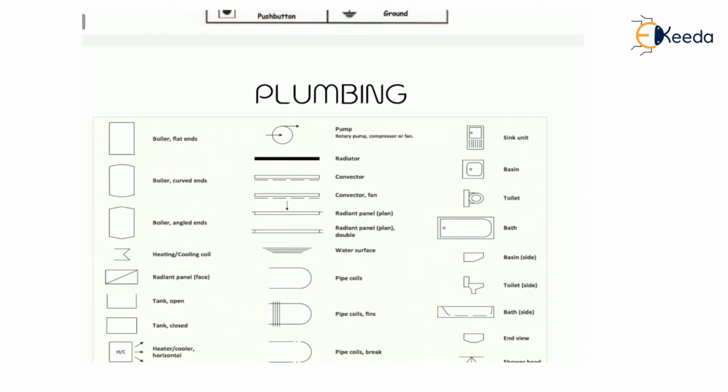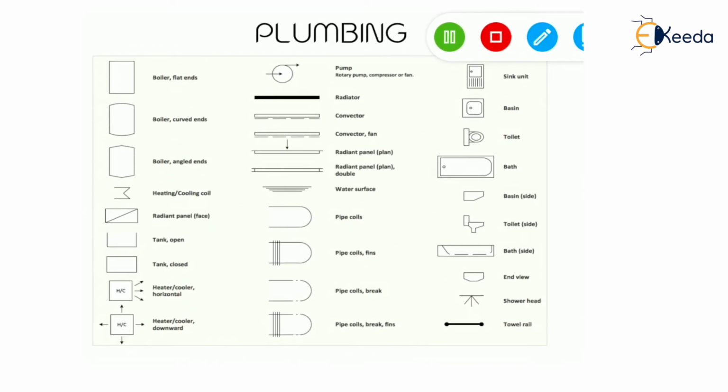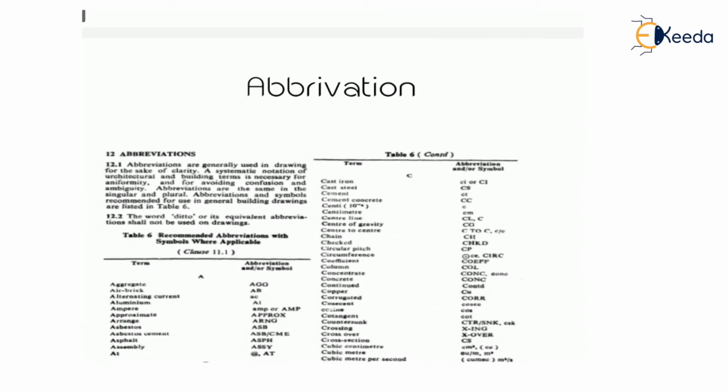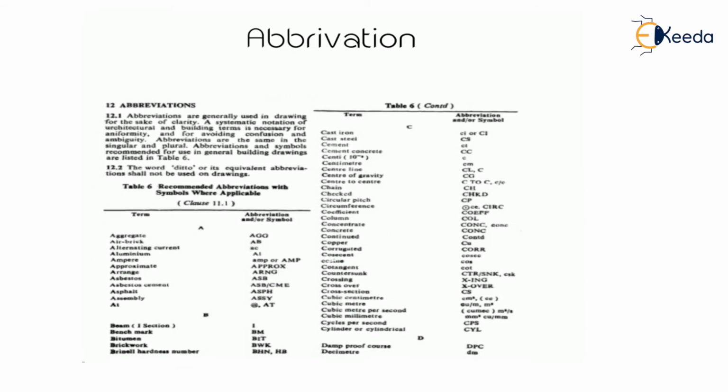Then likewise the plumbing material also. In plumbing material, if I want to put a basin at some position, I draw that symbol over there, then the engineer can place a basin at that position. Likewise, all the plumbing symbols are there, and you can use those symbols in a drawing for the understanding of the engineer.